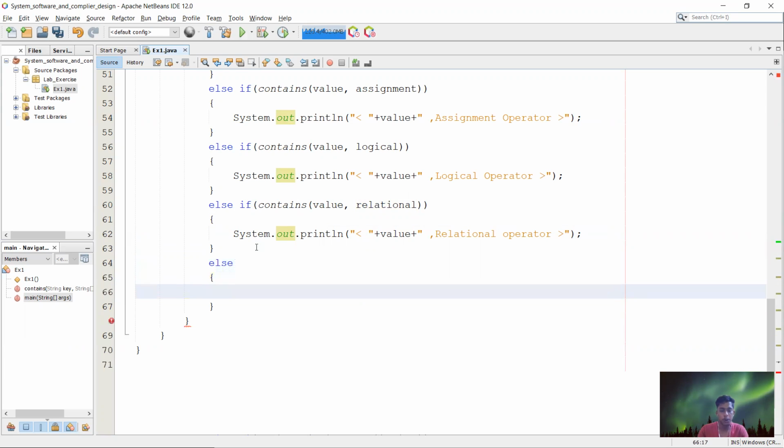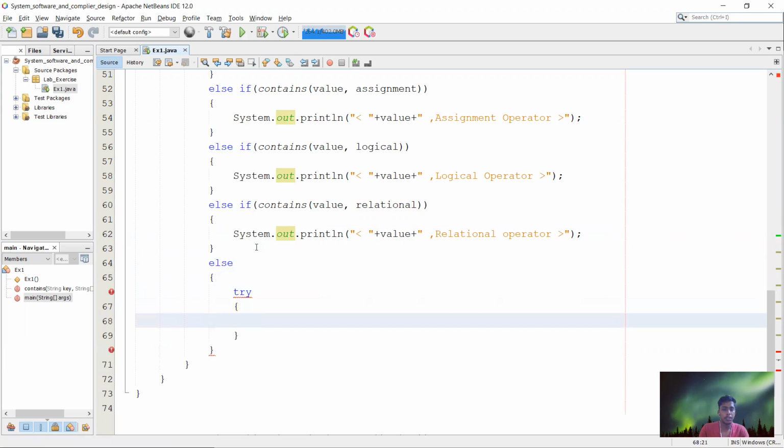Inside the else part, I'm going to use the exception, that is the error handling concept in Java.